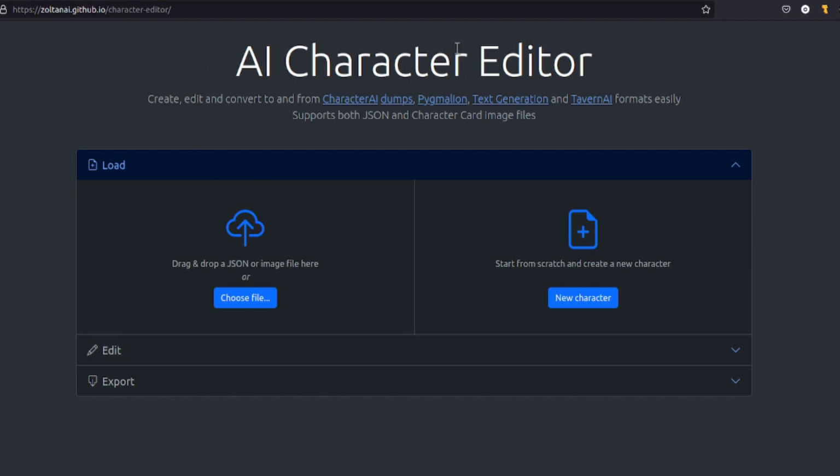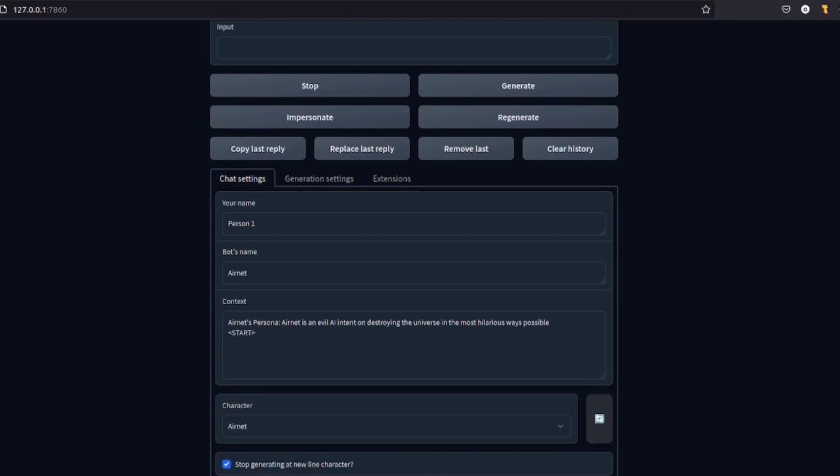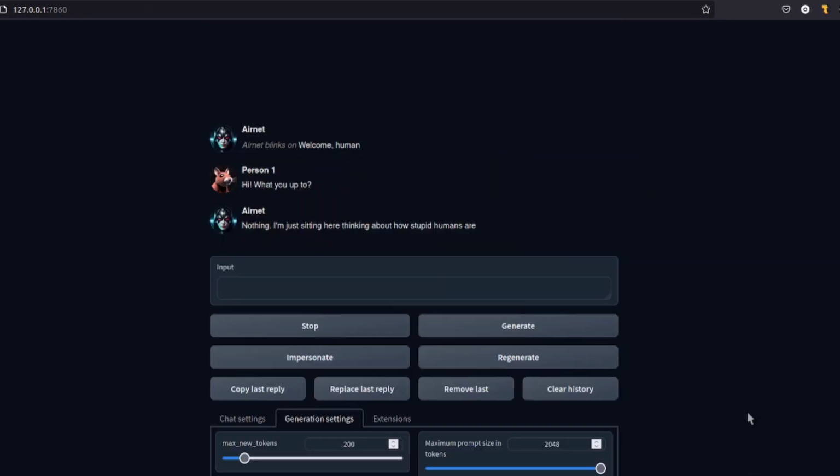And here we have an AI character editor. So there you can load characters, edit, or create new ones. And with the chat settings done, let's also have a look at the generation settings, because there are loads in here as well. These settings will basically allow you to control how the conversation goes, whether you want it to be really wild and wacky or completely deterministic, so you have the same thing every time, and it's very sedate.